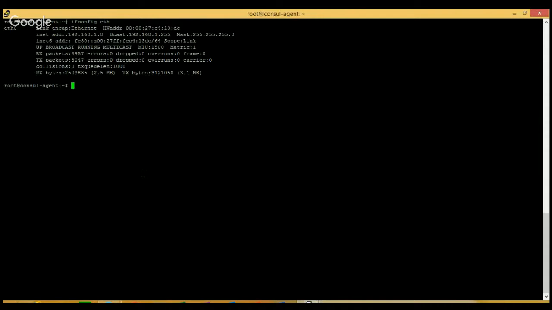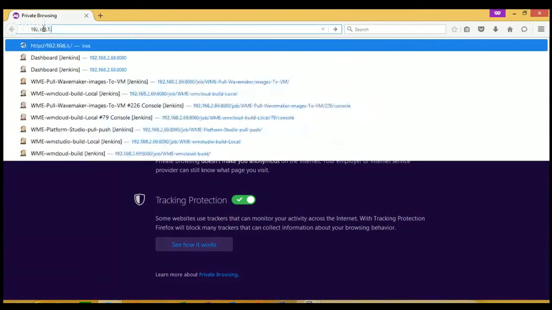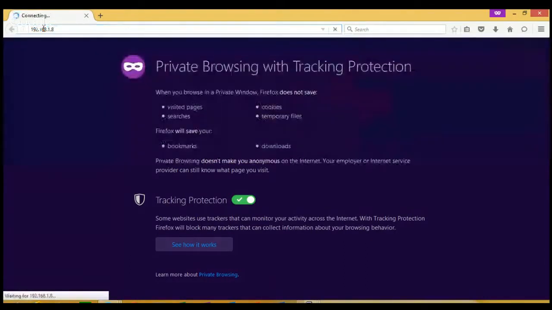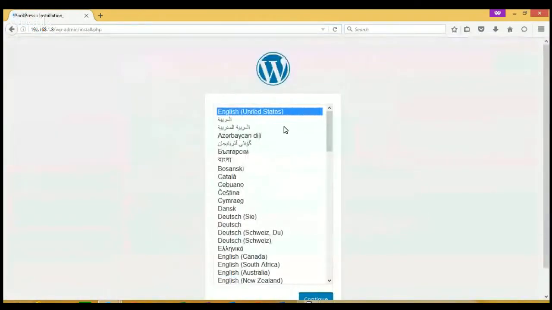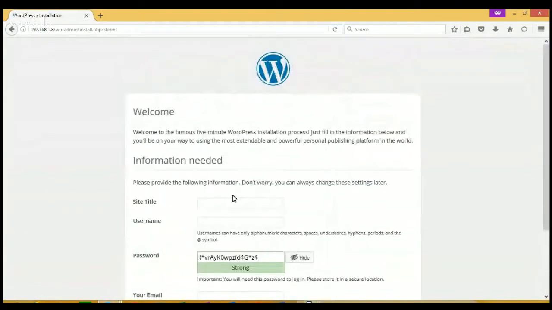Now we will check from the browser whether it is working or not, whether WordPress is installed or not. So this is our node where we already opened that. Okay, so WordPress is installed. So now at the initial level, we will just give the name, the Greek Linux. Initial setup for WordPress.